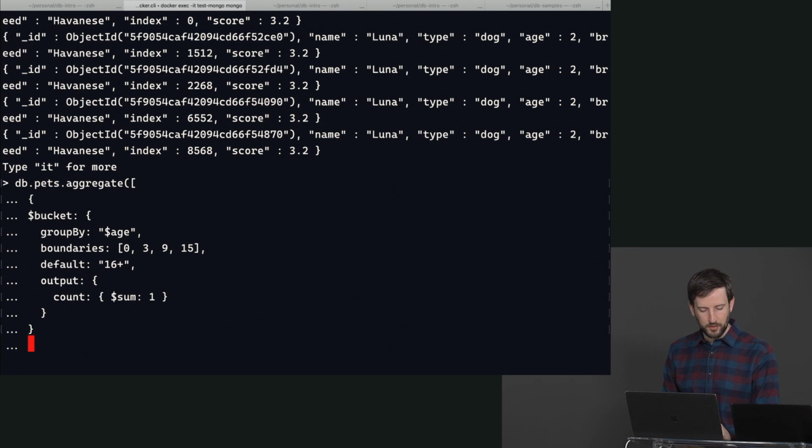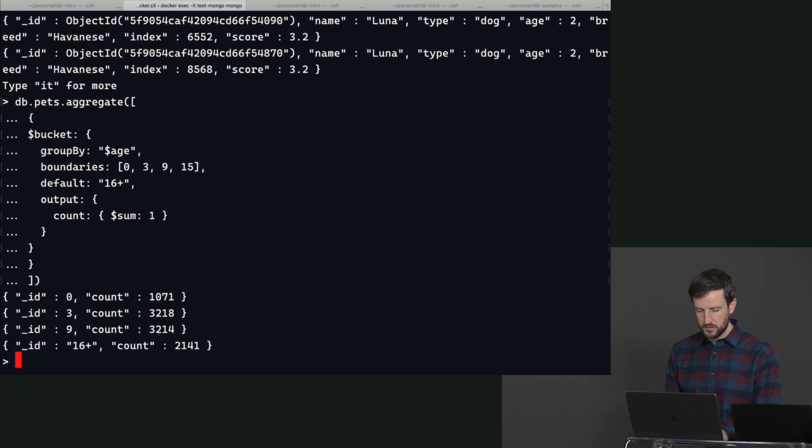I can never keep these damn curly braces straight. So that's for bucket. That's for the one that contains bucket. And then I want to close the array and close the function call. Yes, got it. First time, like a champion. All right, so